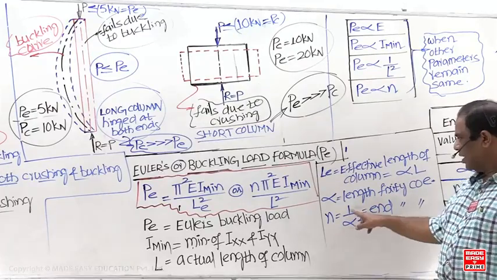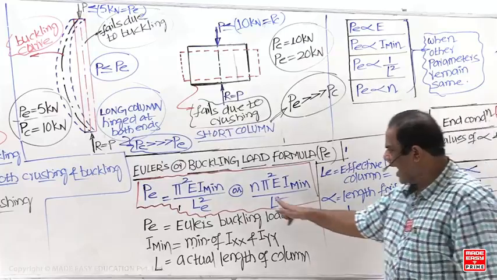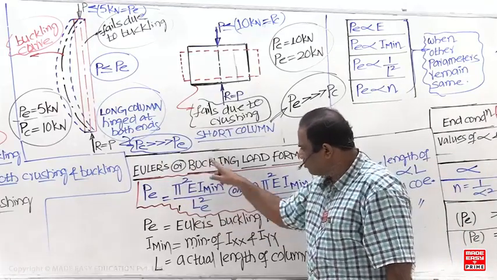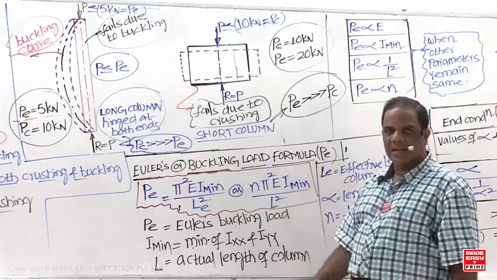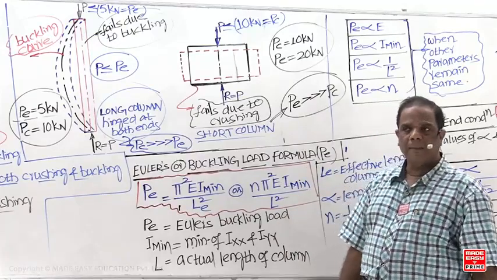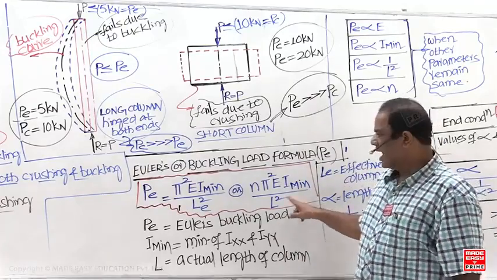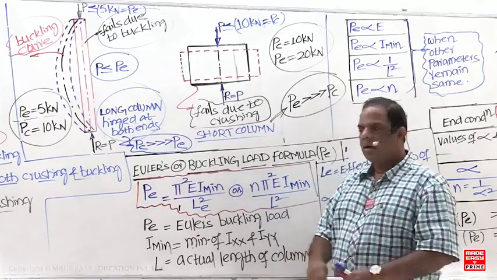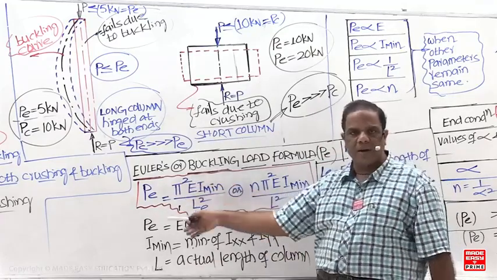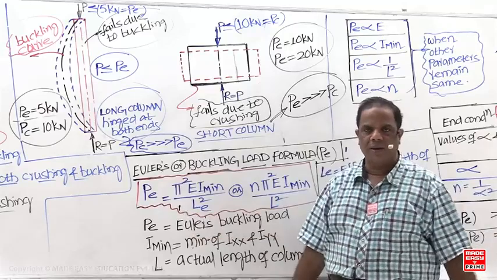Then automatically n equals 1 by alpha square. This is the actual equation. Most textbooks write it this way, but some Indian author textbooks write it like this. Which is better now? This is better. A higher value of n means directly a higher buckling load. Higher the value of n means higher buckling load, which means it is going to be the strongest one.